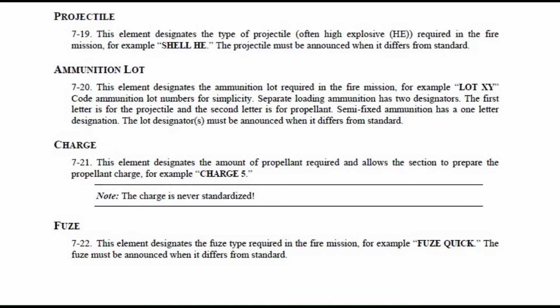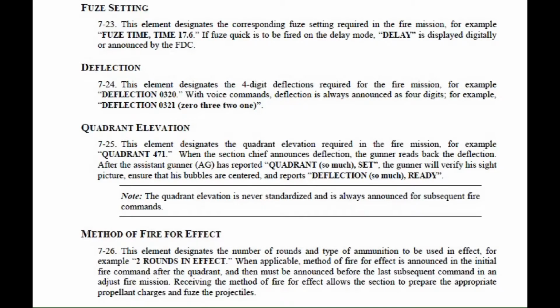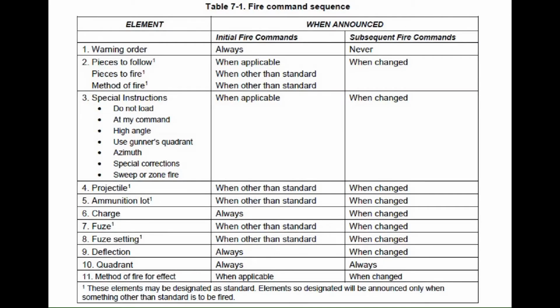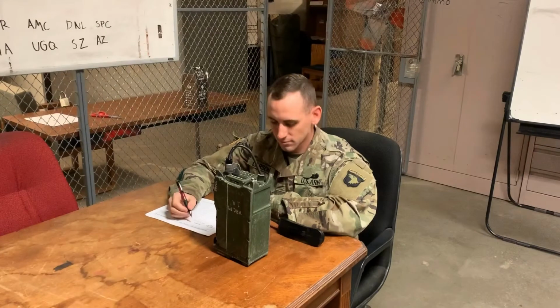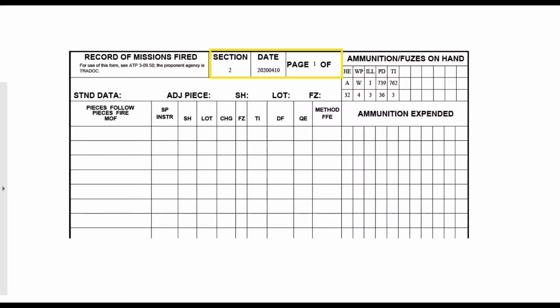Table 7-4 explains fire command sequence for initial and subsequent commands, and the best part about this is it cannot be deviated from. If you follow doctrine, you'll be correct. If you are not proficient with fire commands or filling out a DA Form 4513, press pause, get a blank 4513, and follow along. To start the training, Sergeant Larson will fill out the administrative portion of his DA Form